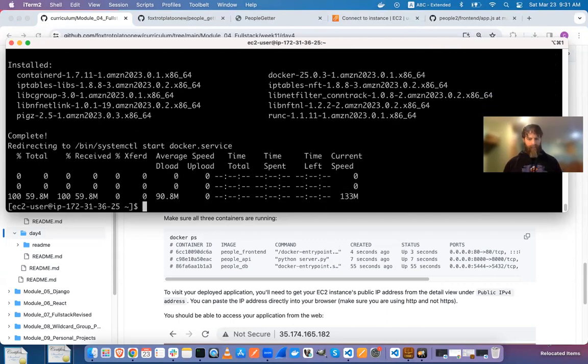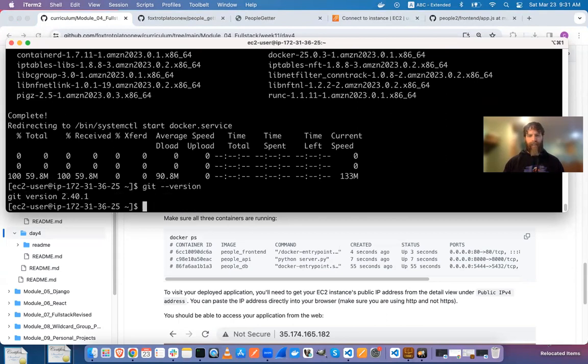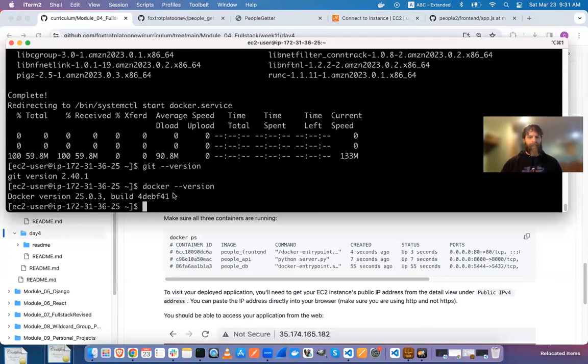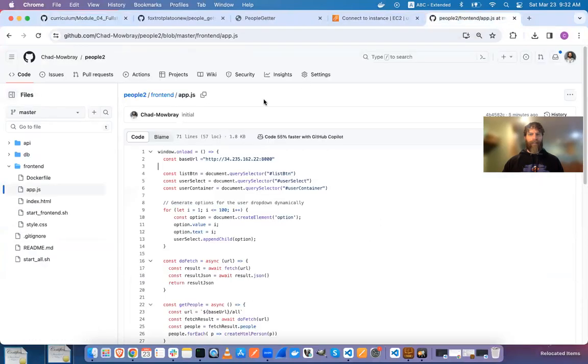Okay, so that's done. So I should have Docker and Git installed here. So I can check that. So git --version. Okay, so that's there, and docker --version, and that is there. Okay, so this machine is now prepared to run my Dockerized application. So in order to do that, I need to copy over my source code here so that I can run it. So I'm going to go to my repo